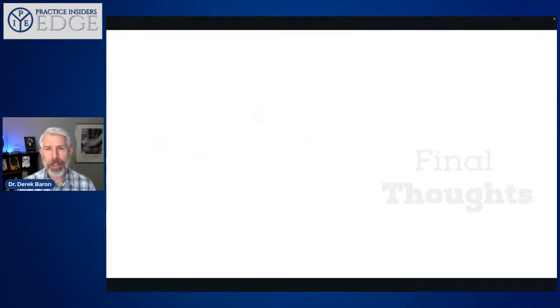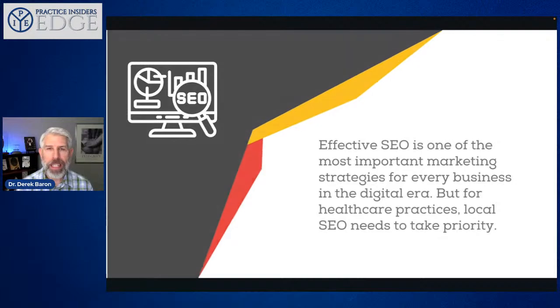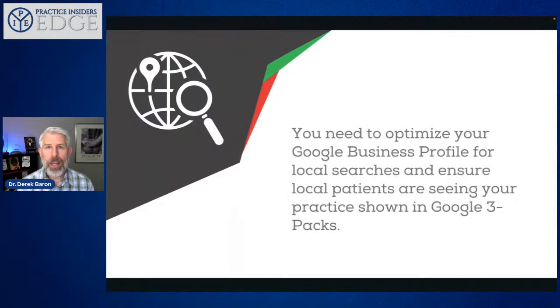Now, some final thoughts here. Effective SEO is one of the most important marketing strategies for every business in the digital era, but for healthcare practices, local SEO needs to take priority. You need to optimize your Google business profile for local searches and ensure local patients are seeing your practice shown